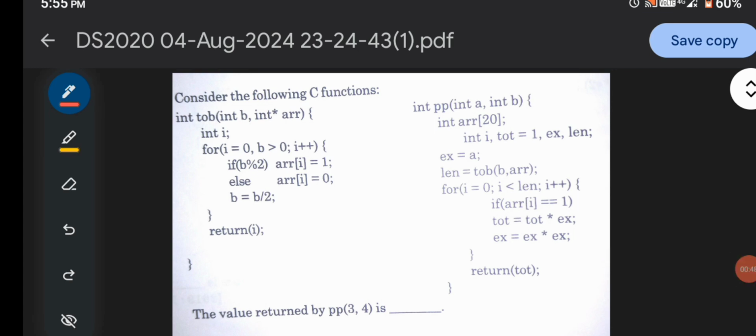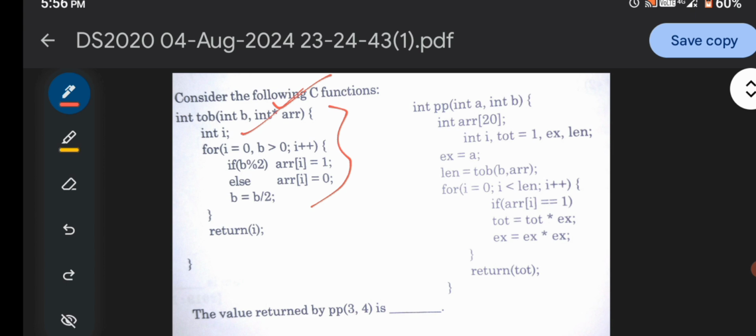so yes, this is based on a C function, and here recursive functions are given. The first function is tob, integer type, and it contains integer b and array arr as an array pointer. Inside this function the value of I is initialized, and there is a for loop with a condition.